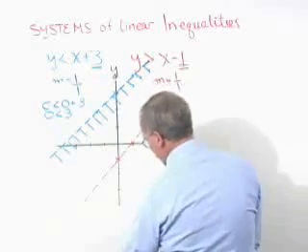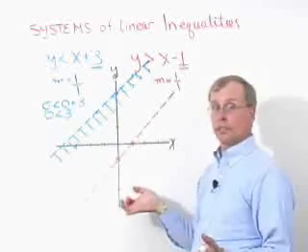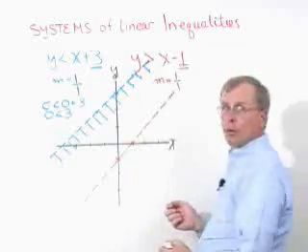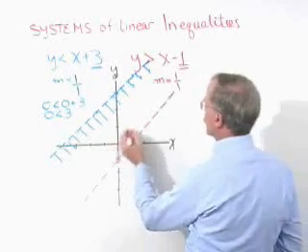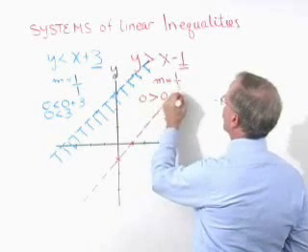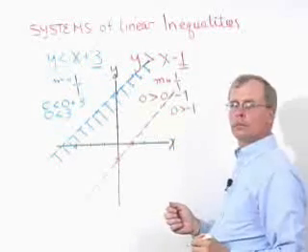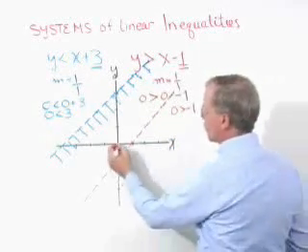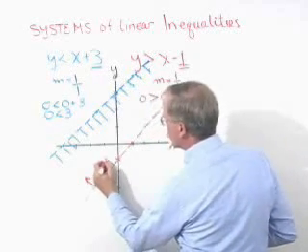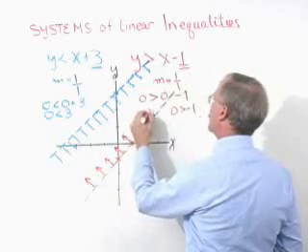Now, if you hadn't noticed before, you should notice now that these lines are parallel and are never going to intersect. Let's see what the shading in portion should be. Here's our test point, (0, 0). Is 0 larger than 0 minus 1? Is 0 larger than negative 1? Yes. So this is a winner, and we'll be able to shade in everything on this side of our boundary